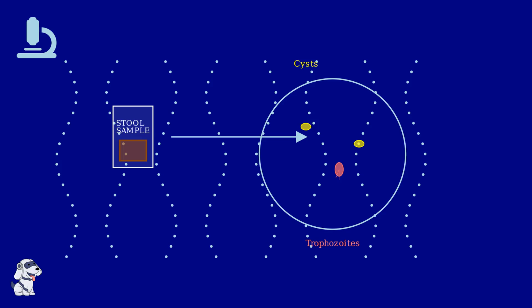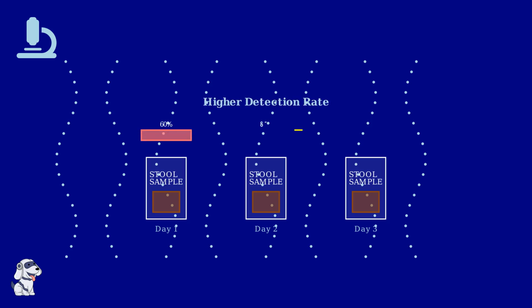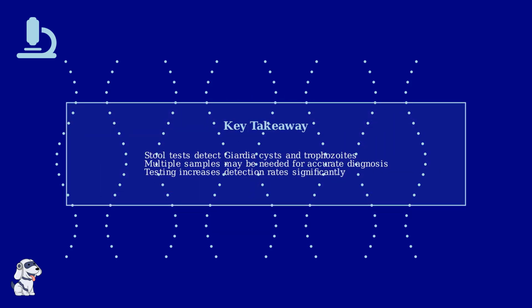and trophozoites. Sometimes, a single stool test might not detect the parasites, even if you're infected. This is why doctors often request multiple stool samples collected on different days. The reason for multiple samples is that Giardia parasites are not always shed consistently in stool. Testing samples from different days increases the chances of detecting the infection if it's present. Key takeaway: stool testing is the reliable way to diagnose giardiasis. If your first test is negative but symptoms persist, don't be surprised if your doctor requests additional samples to ensure